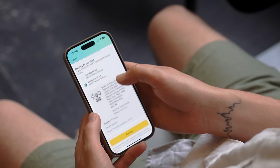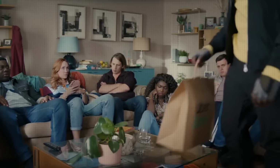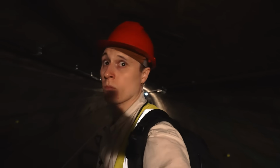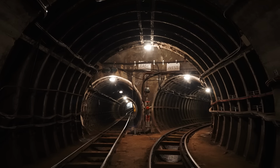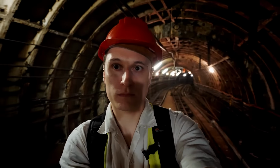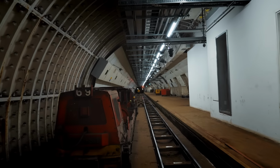For better or worse, we've come to expect that if we order something online, we should receive it almost immediately. I used to think that this was something that was born out of the rise of the internet. But down here, away from the busy streets where tens of thousands of packages are likely being delivered, walking through tunnels that were built over 100 years ago, designed for small automated postal trains, it was clear how far back this innovation actually goes. But to most people, they probably didn't know that this existed and how it shaped this industry. And I wondered what else might be hidden below our streets that has had such an impact on the way that we live our